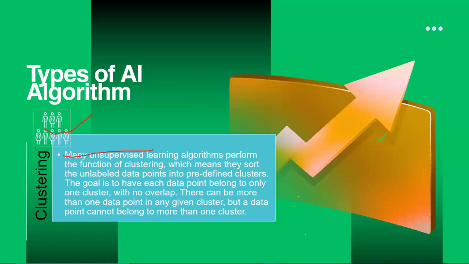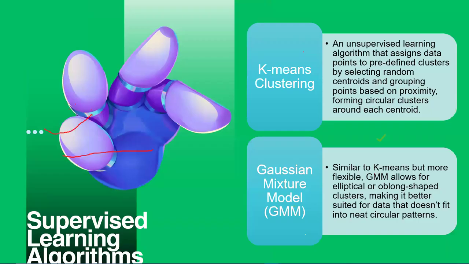How do we go about them? What are the algorithms that are used for clustering? The most common ones are k-means clustering and the Gaussian mixture model. K-means clustering, which is the most popular, is creating a series of clusters, creating k clusters. So how many clusters do we have? We specify predefined clusters